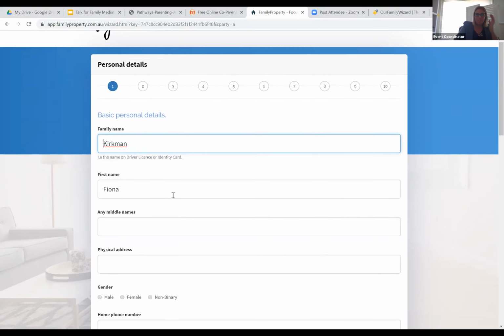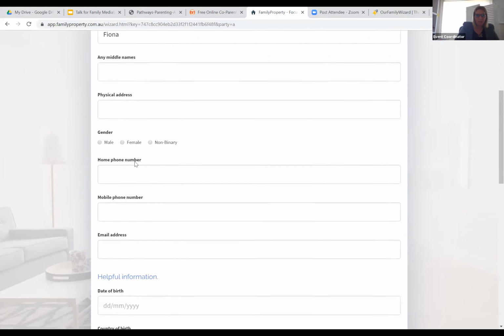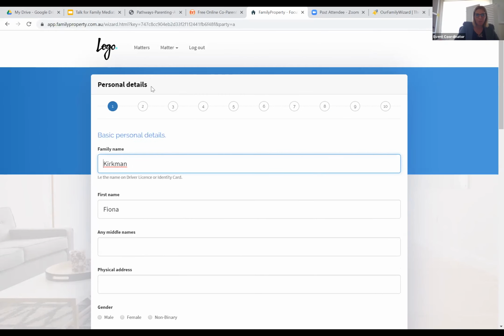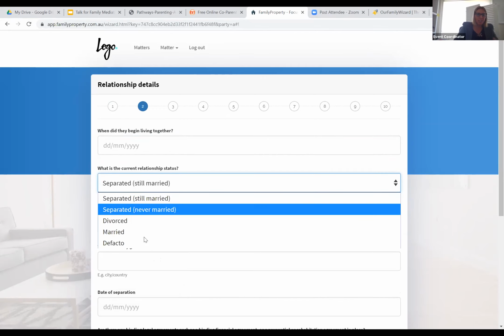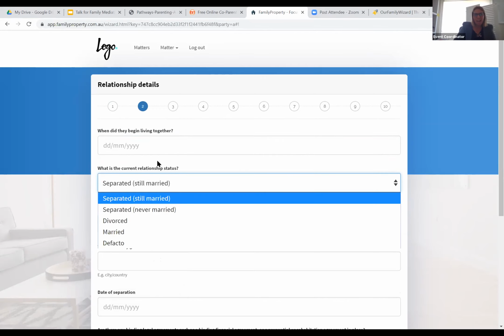It's been adapted from the Family Court's quite complex financial statement. And what we do is we go through different steps involved in the matter. So firstly, personal details, quite self-explanatory, dates of birth, etc. Then relationship details. So when did you start living together, whether you're separated, divorced, married, de facto, and some dates around that.